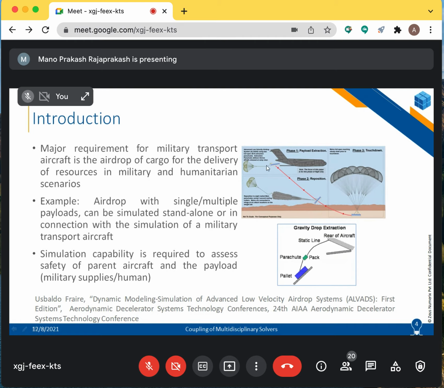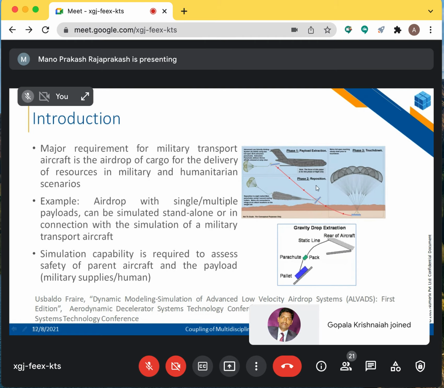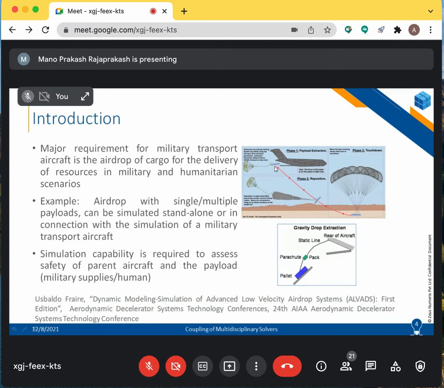So from here, it moves on to the next phase, which is called a reposition phase. These parachutes, which first help the payload come out of the aircraft, now start pulling a new set of parachutes. You may see here the second phase. So these parachutes which help the payload extract are generally called the extraction parachutes, and the ones that are typically used during most of its descent are called the main parachutes.